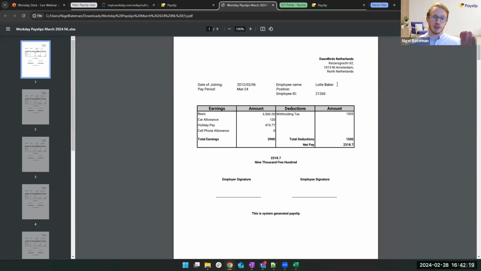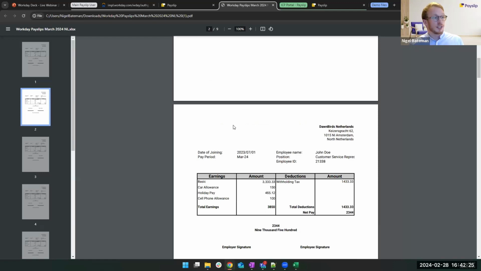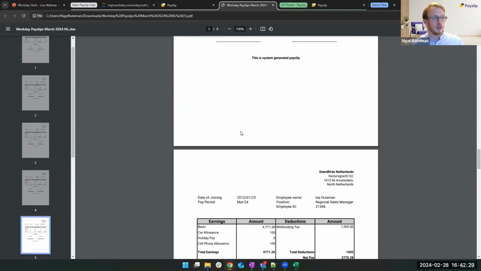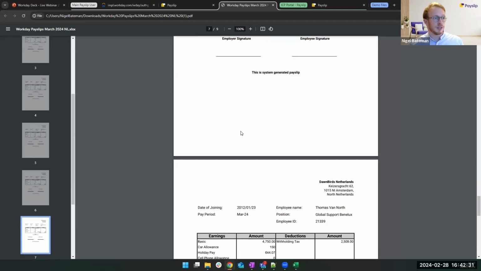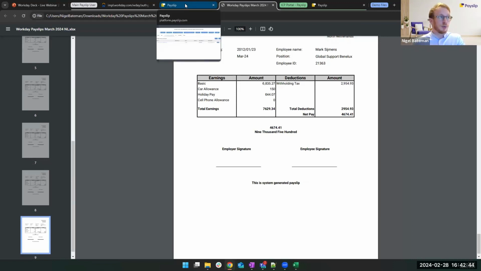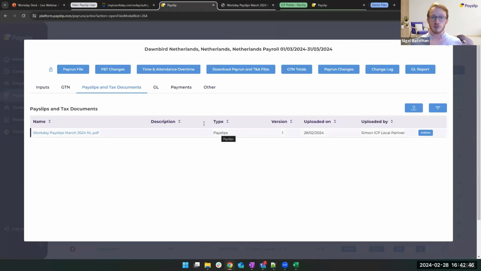In our pay run file, our eagle-eyed viewers will have seen there's 2 Ks in her surname, something we might pick up later. Scrolling down, you'll see there's several pages here. I'm just going to scroll until I find our new joiner. We saw that, he's probably last, there he is. We saw that in his gross to net file, his net pay was something like 4,600. Here it is again. This has been delivered from our in-country provider to the Payslip platform, this PDF file with